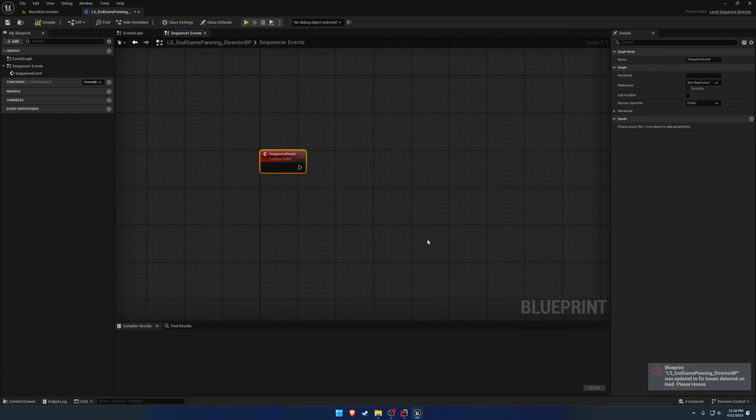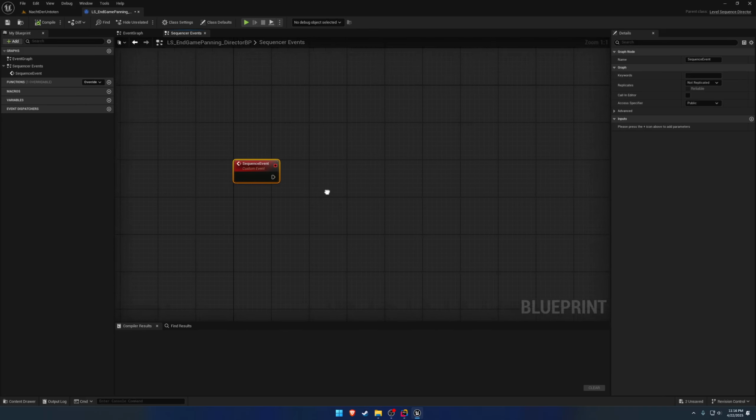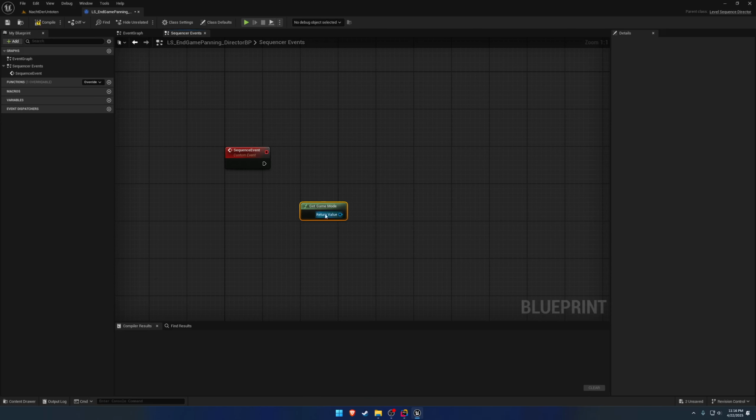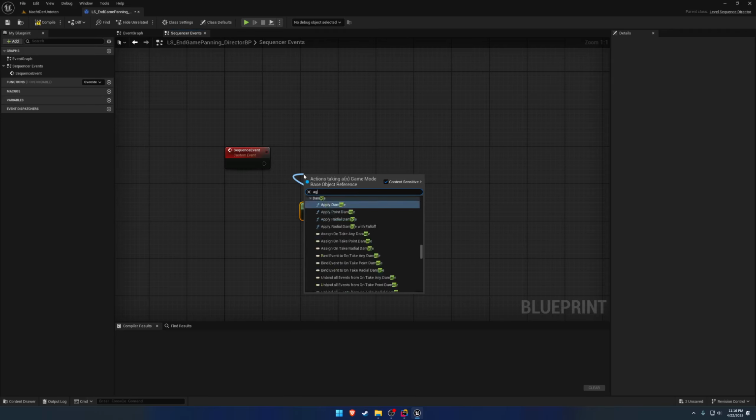Now, I could not figure out a way to do this event responding in C++. There's probably a way to do so, I just could not figure it out. So in here, what we want to do is get the game mode and check if it's valid. Well, actually, we don't need to check if it's valid. We're going to cast to the actual game mode,